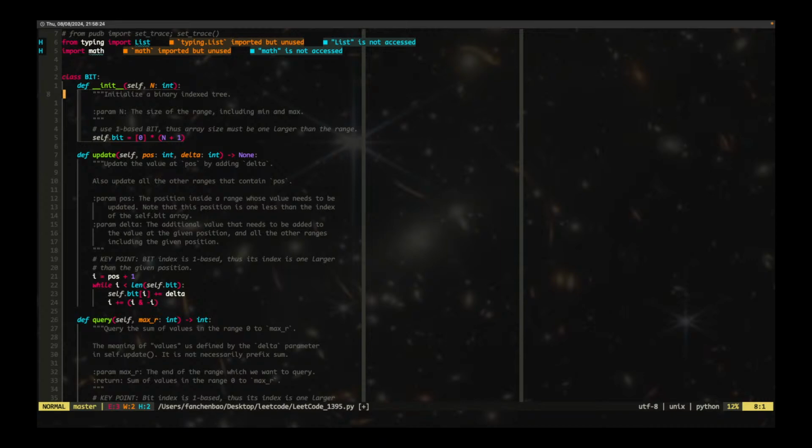I smaller than length self.bit, I plus equal to I and minus I. Oh my god. So this is similar to binary lifting. It is similar. So when you add 1, every binary-wise, I'll add 1. And when you query,